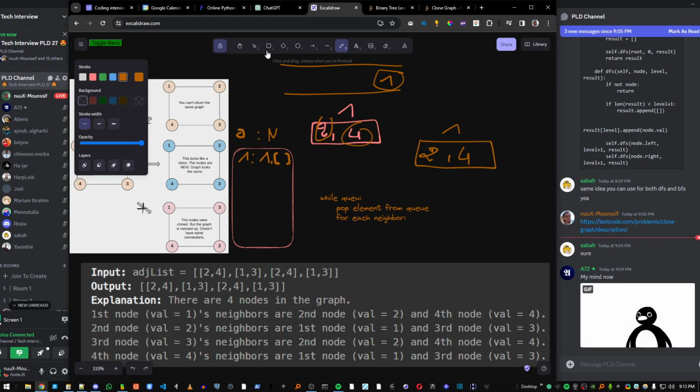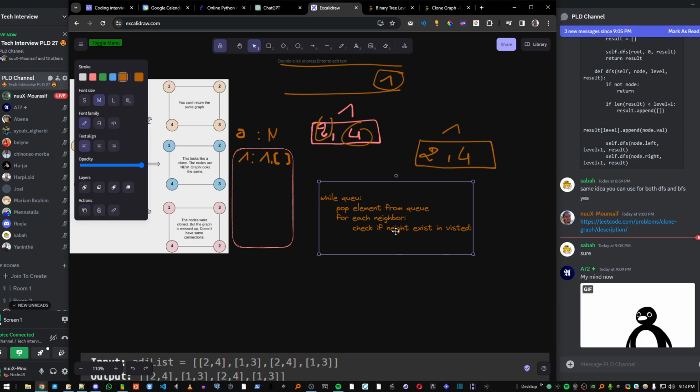Which is gonna be here for each neighbor. We're gonna check if this neighbor exists in the visited, right? Check if neighbor exists in visited, which is this hash node right here. If it exists,